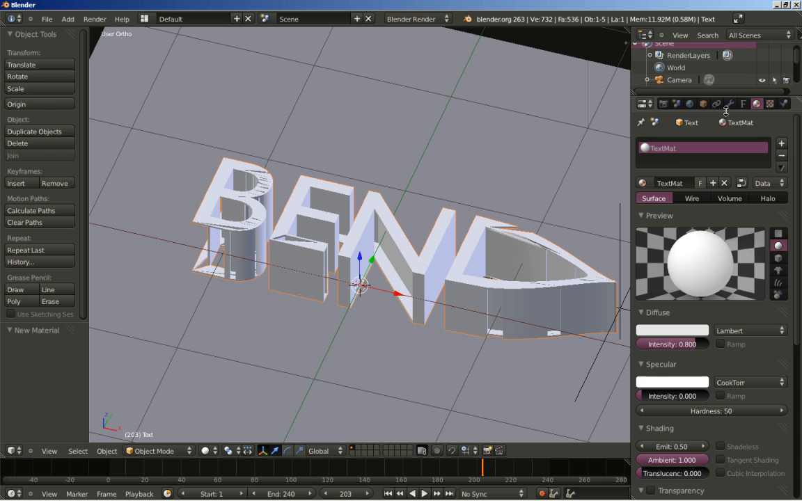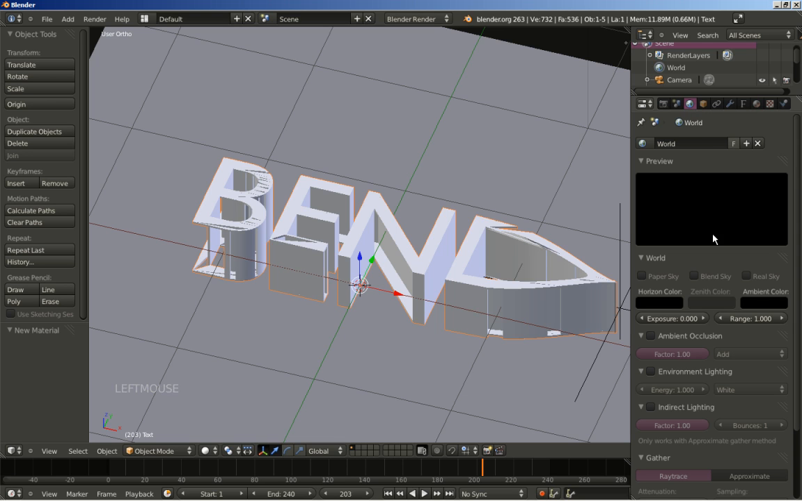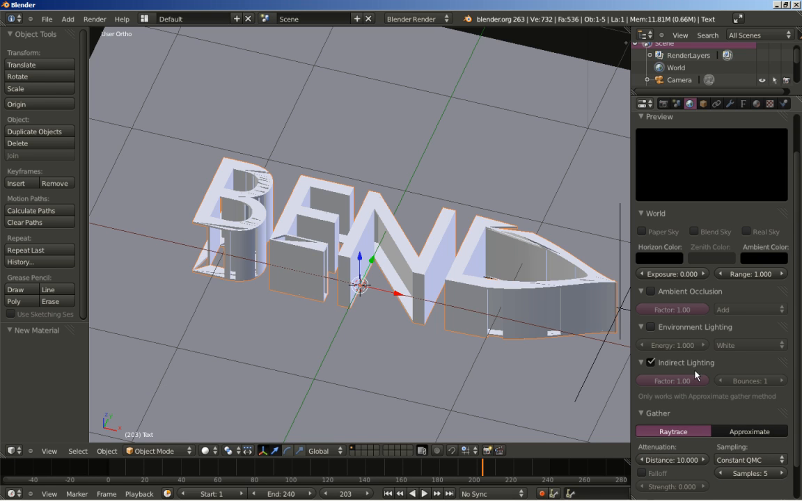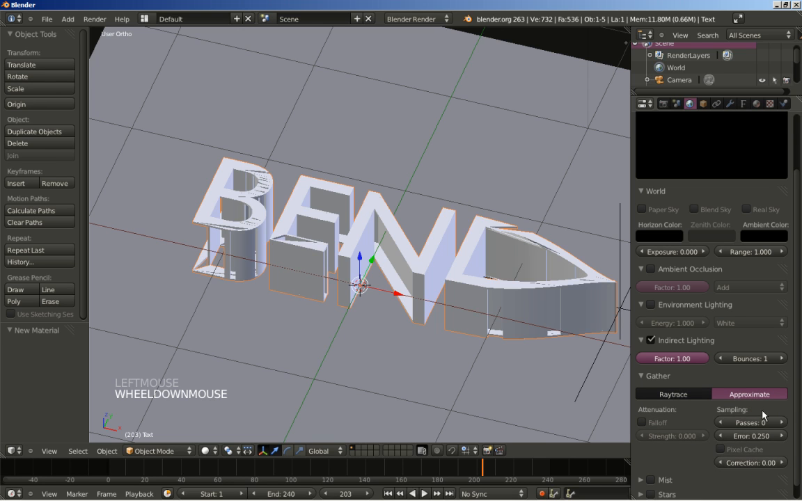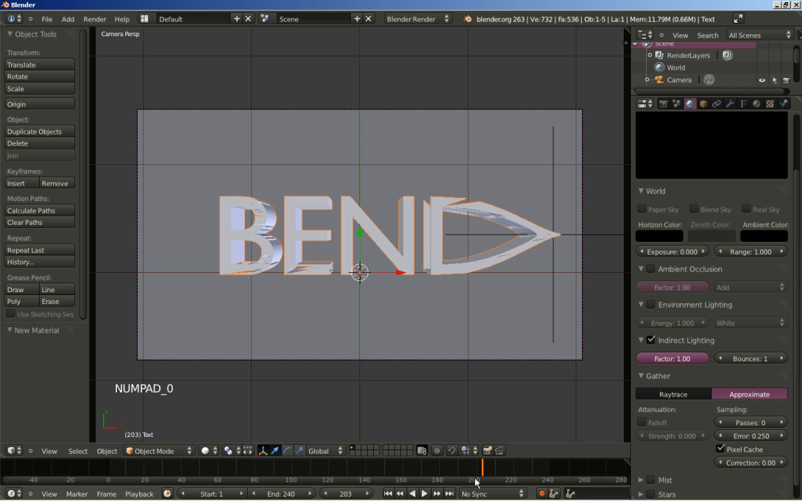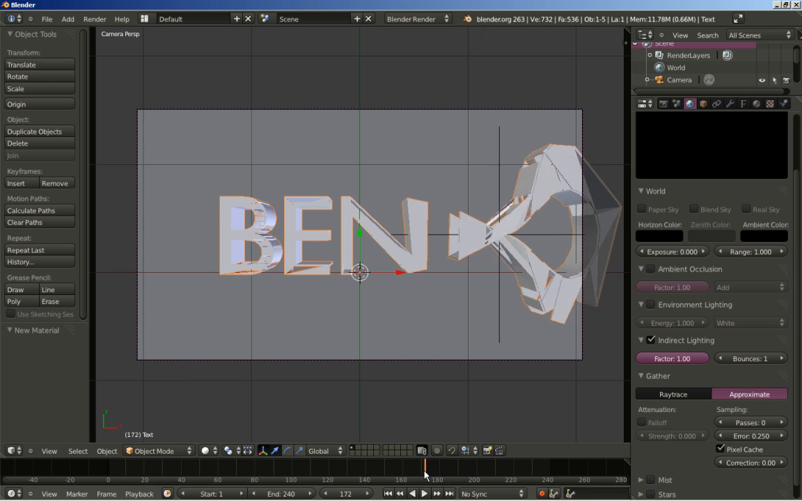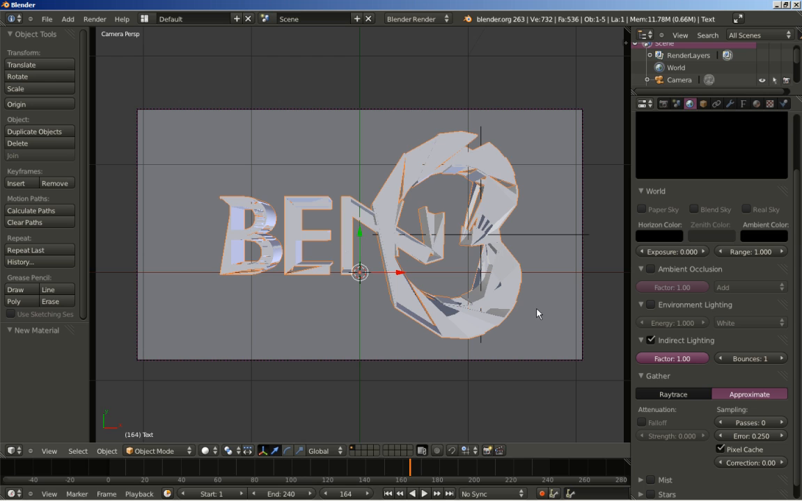and in order to take advantage of this emit value, we need to go to the world settings and click indirect lighting here, and for indirect lighting to work, we need to click here for the approximate gather solution, and I'll also click pixel cache. So we're telling Blender that we want the objects that have an emit value to illuminate our scene using indirect lighting. Okay, now I'll hit 0 on my numeric keypad to switch to camera perspective view again, and I'm going to move some frames down at about here,